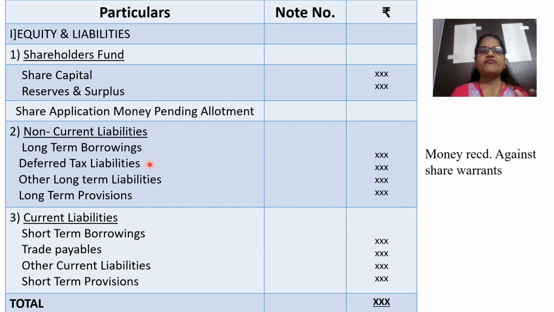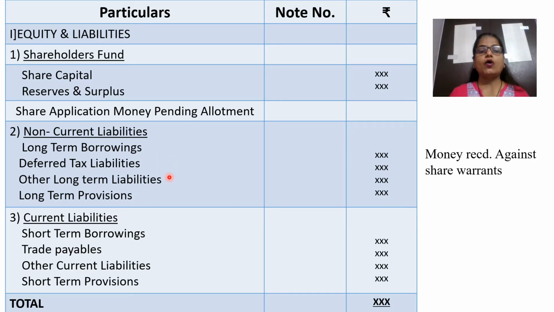The next is deferred tax liability. The liabilities for which there is a deferment of credit period, that is deferred tax liability. ये याद रखने की जरूरत नहीं है, ये हमको exam sums में नहीं आता है. So there is no need to remember. Just if you remember the heading just for objective purpose, then it is okay. Otherwise there is no need to worry about this. There is no need to look into the notes of it. खाली इतना heading याद रखो, that's it. Important क्या है, long-term borrowings.